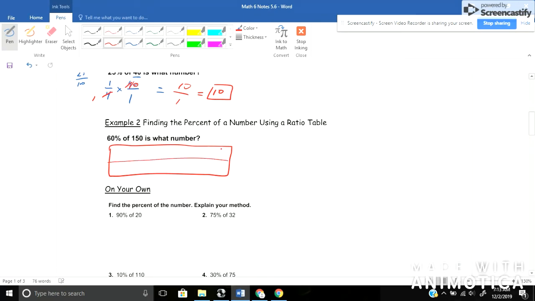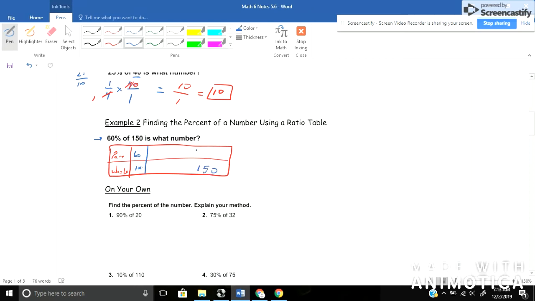And in my table, what am I going to be comparing here? Well, I'll let one row be the part and the other one be the whole. And then find an equivalent ratio with 150 as my new whole. Okay, so starting off, I'm just going to abbreviate P for part and whole. Okay, so right away I'm given that my part is, well, I have 60%, so that would be 60 out of 100. And what I want to know in the end is of a total of, well, my new total would be